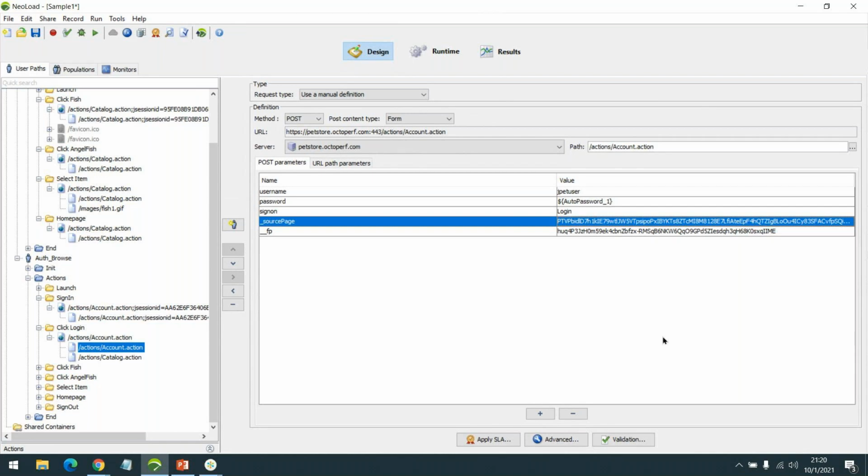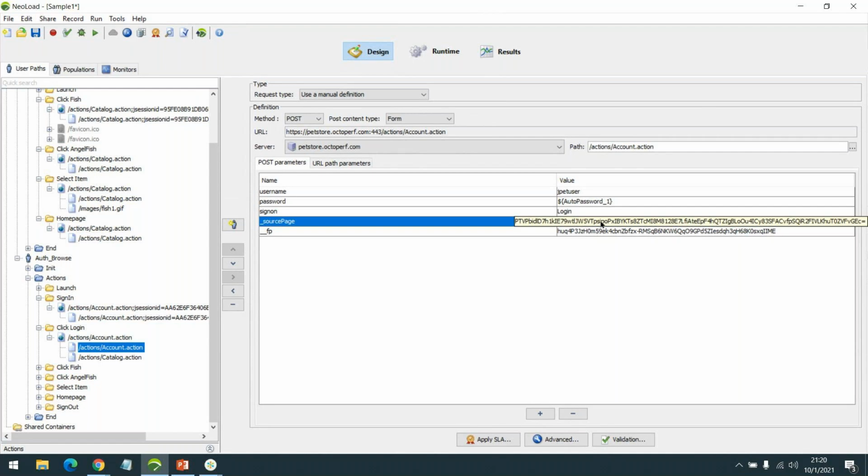That is why whenever a login action is happening, or whenever a critical transaction is happening, let's say a payment, or maybe we are entering certain details, or updating the address book, these transactions ideally will have these kinds of dynamic values.